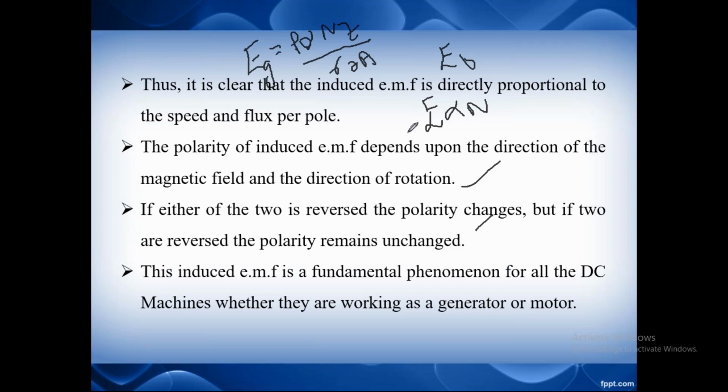Now I will tell you that in the first unit, DC generator, just categorize it into two parts, part A and part B. In part A you must have the construction of DC machine or the EMF equation. One of these two questions will surely come. If they are asking about the EMF equation, additionally they will ask a problem on the EMF equation. So these two together carry 10 marks.